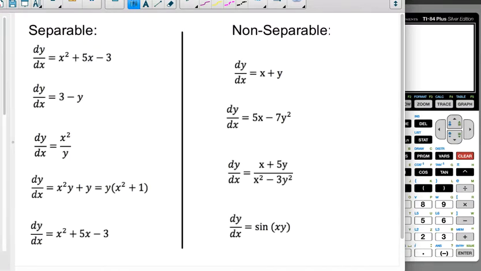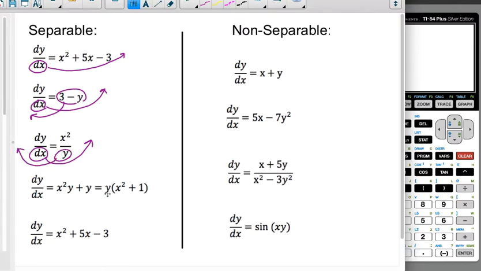So separable, right? This only has x's. This is separable. In order to separate this, I would bring the dx over, and I'd have dy on one side and all of this stuff times dx. This is separable. In order to separate this, I would bring the dx over and I would divide by the 3 minus y. This is separable. In order to separate this, I'd bring the dx over and I would multiply the y over,